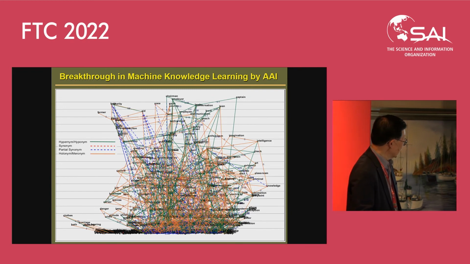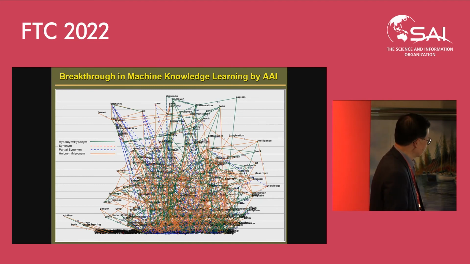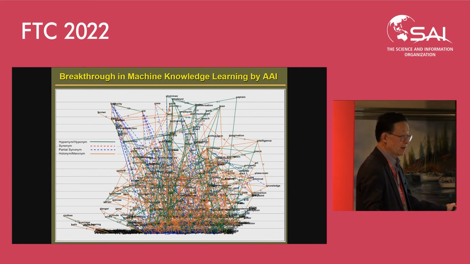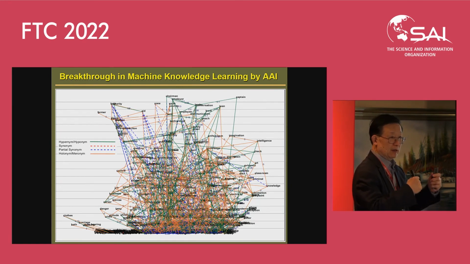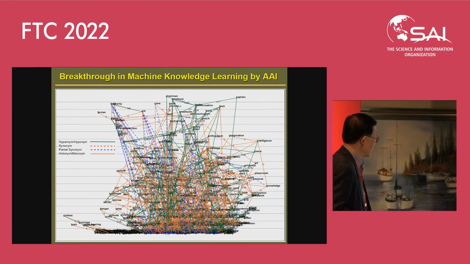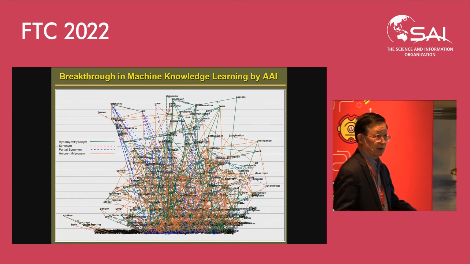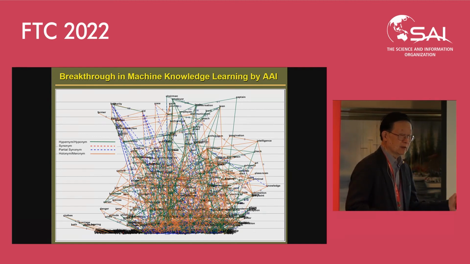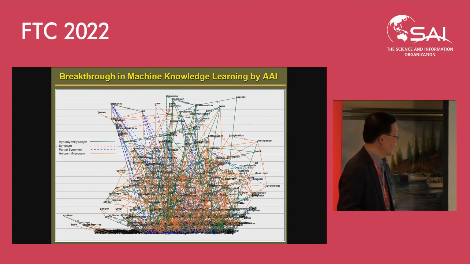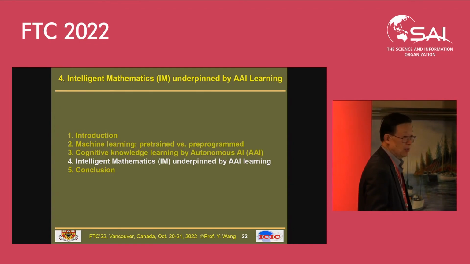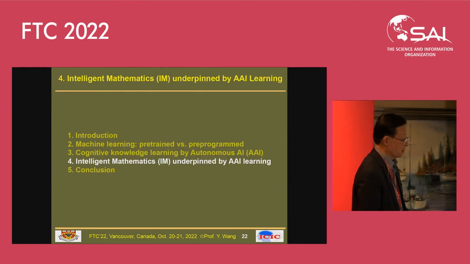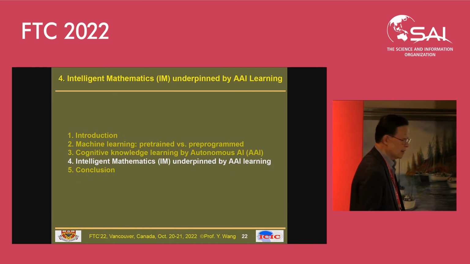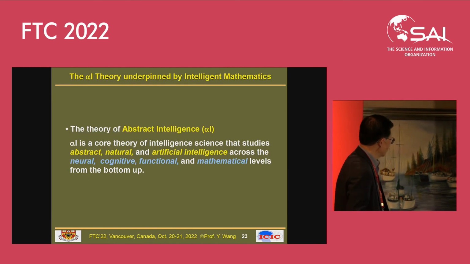Say we assign thousands or millions of machines, each machine learning a piece of human knowledge, or a piece of knowledge in a different kind of language. Eventually, the pieces may be merged together as a whole. That's our human knowledge. And that's a fundamental thing towards the future AI, because the AI system needs this knowledge to do reasoning. And so let's look at the last part. I just need 2 minutes for this.